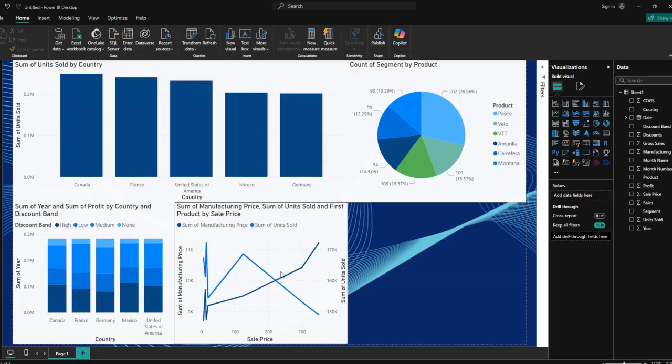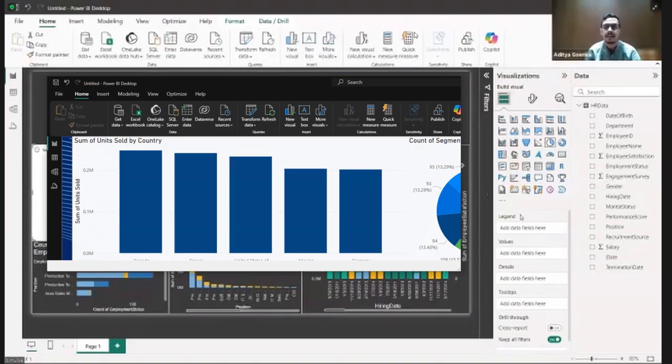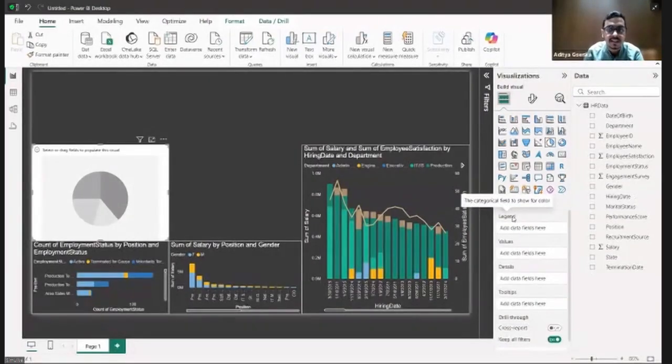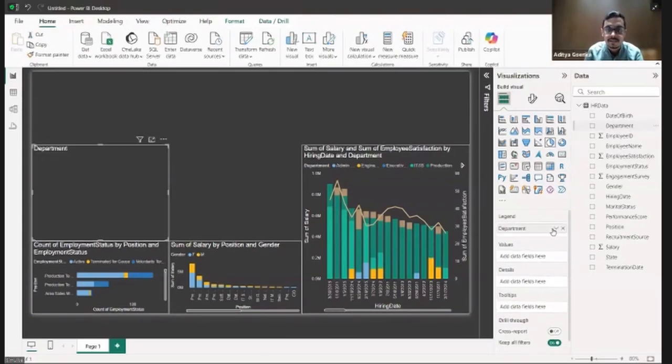Okay. For people who might get confused over here, when we were using this, you had x-axis, y-axis, but when you use pie chart or donut chart or things like that, over there, x-axis gets changed to legend and y-axis gets changed to values. Okay? It is exactly the same. X-axis for what you are looking for. So similarly, for every department you are looking for the count, correct? So where will department go? Under legend or values? What do you think? It will go under legend. Absolutely correct.